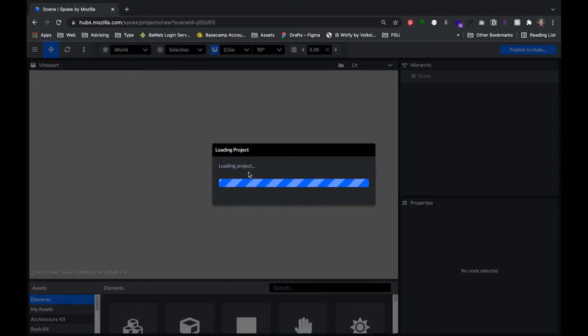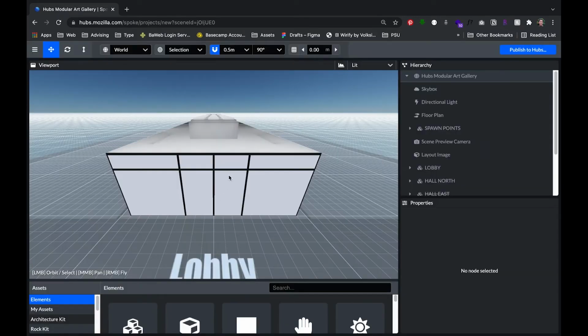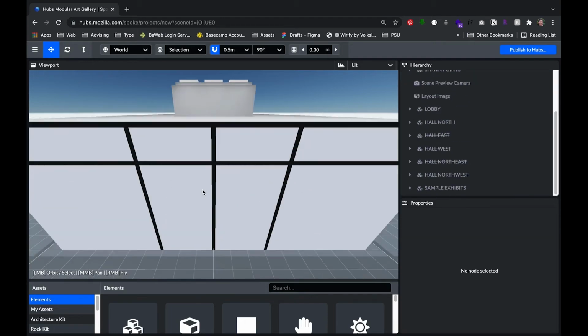It's going to take a little bit of time to load the project. It's going over the web, but it's going to open up this kind of template, and from there I'm going to import my files. So you can see this is the gallery space. I'm going to zoom in